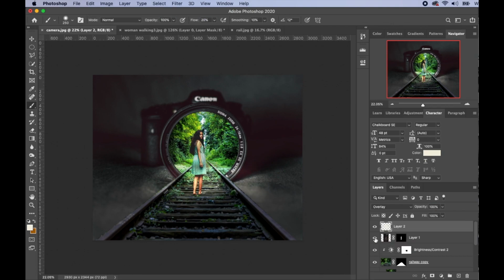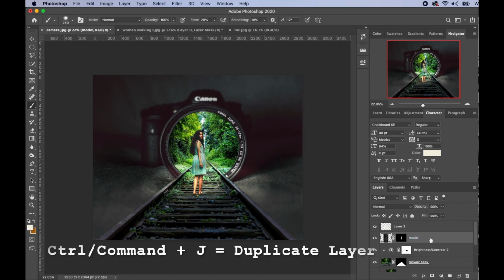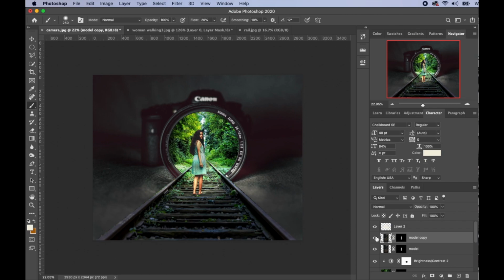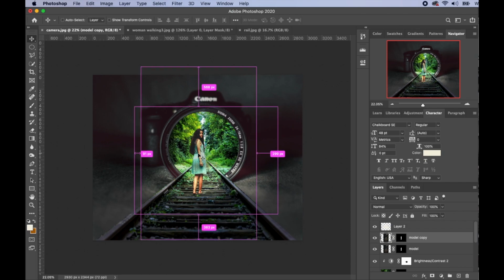Then I'll switch on the model layer. Okay, then so what I'll do now is I want to create a shadow for this model. Okay, let me name this the model layer. Then I'll go ahead and duplicate this model layer. Okay. So I'll go ahead and click on Ctrl Command T